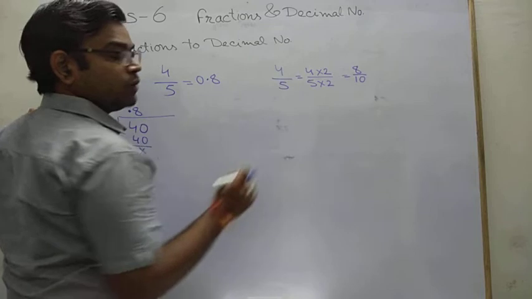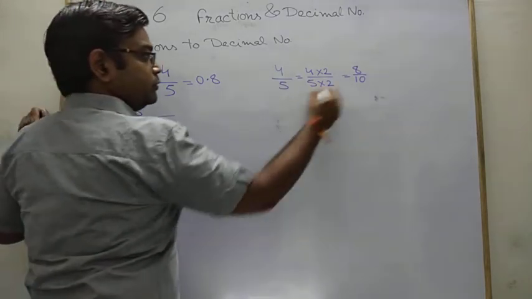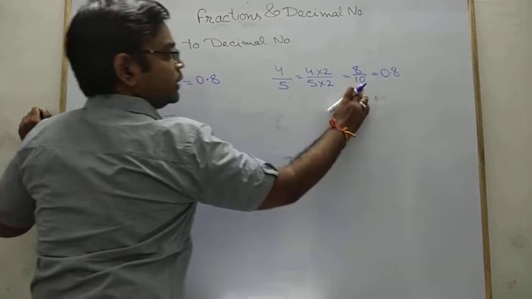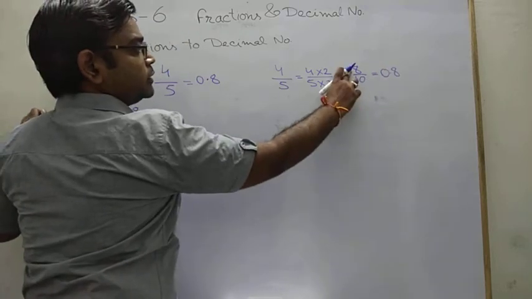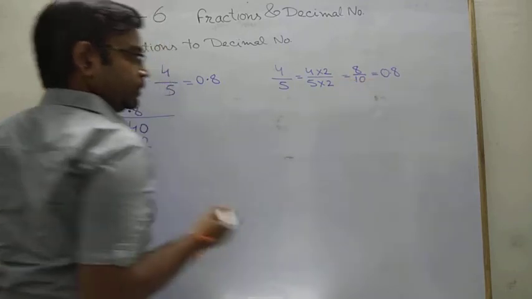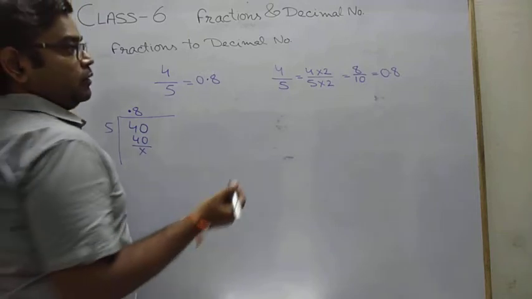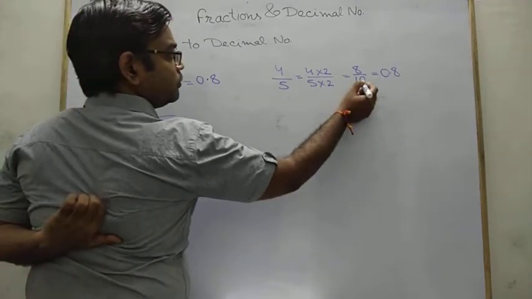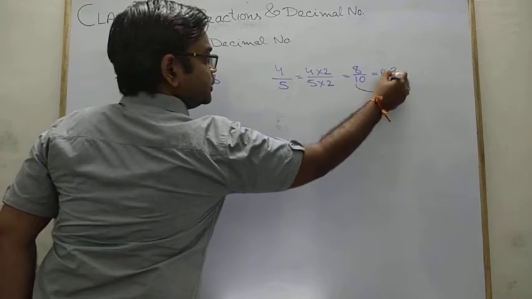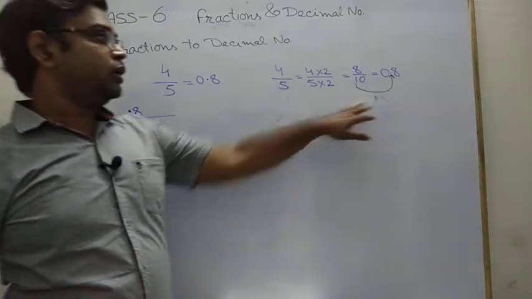Now from this we can easily convert into a decimal number. So it is 0.8, because we know there is one 0, so after the decimal there is one digit, one place for the decimal. So this is your solution. Let me clear how you convert. For this 0 we count one digit, and for this one there is a decimal point. Clear? You need not place the arrow, it is just for explanation.